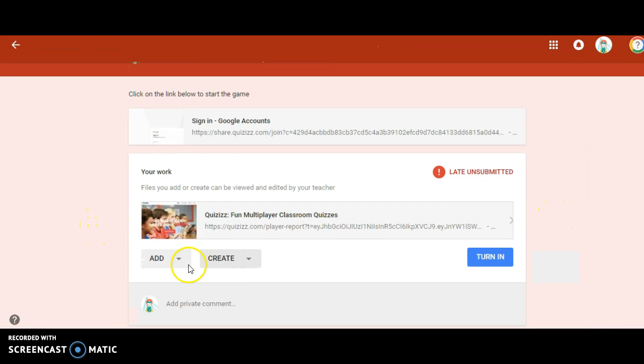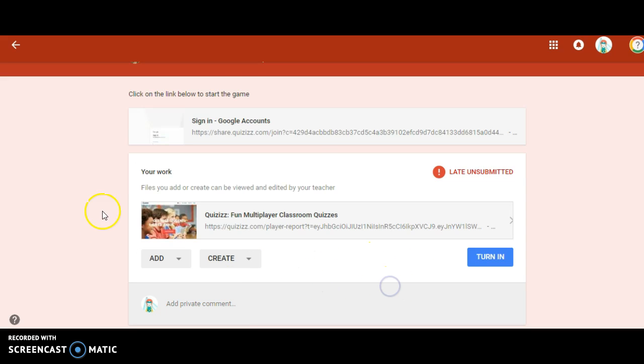When I click on open, I have these options of add or create. So if I already have all of my materials for my genocide project done, I can submit them through Google Drive or by specifying the link. If I don't have my materials already done, I can start them using this create button. But I think it's probably smarter to have the materials ready to go and just add them via Google Drive,